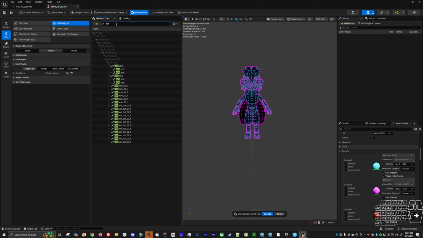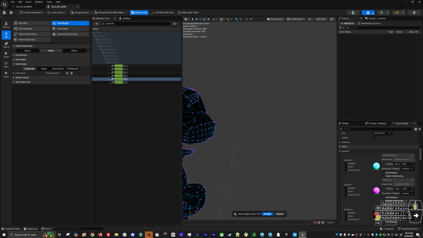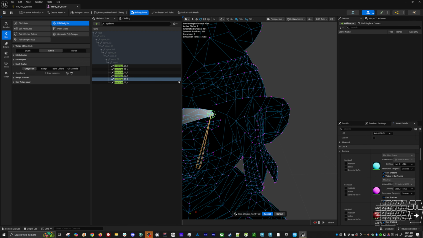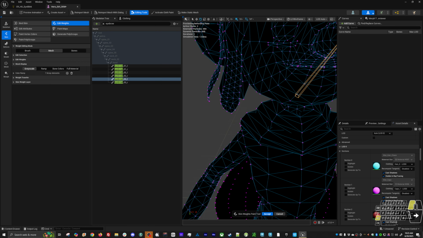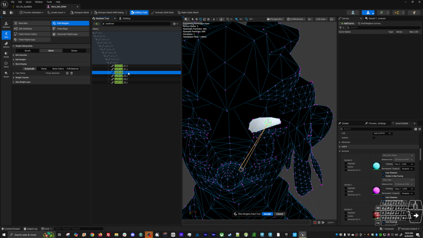Let's see. Eyebrow left 3. That's that one. Eyebrow left 3. There we are. And we can see that it is soft weighted. But let's see how eyebrow left 2 is selecting it. So what I can do is select this